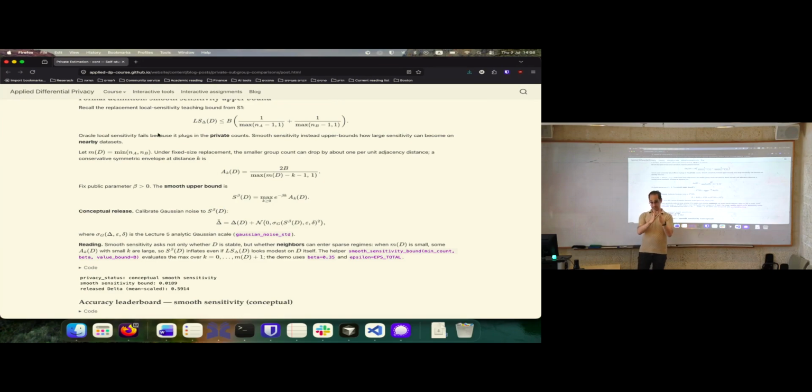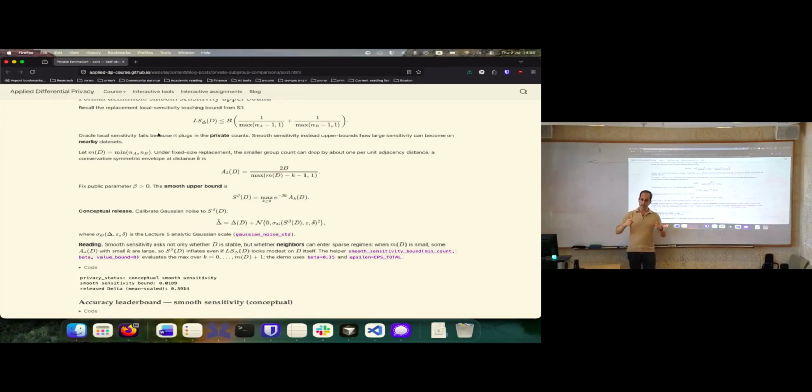Yes, my center changed a little bit, but that changed by less than the local sensitivity. And then my noise also changed, but not by much, because the noise depends on the smooth sensitivity, and the smooth sensitivity itself has low sensitivity.